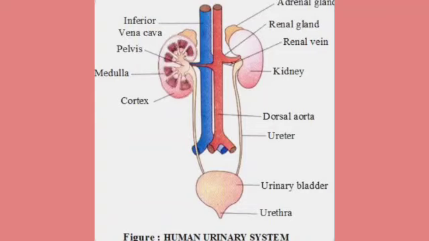In between the two kidneys you can see two blood vessels. One is the inferior vena cava and the other one is the dorsal aorta. One is supplying the impure blood to the kidneys and the other one is collecting the purified blood from the kidneys, and it is given back to the body. The urea produced in the liver comes into the blood, and when urea-containing blood comes into the glomerulus, it is filtered through its capillaries, and the urea and other similar substances are separated from it in the kidney.